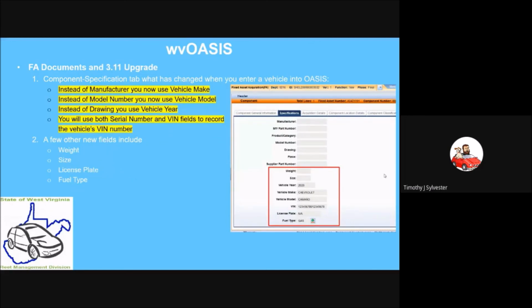Okay. With the 311 upgrade, there were 4 new important fields that were added. And we ask now when you enter a vehicle into OASIS, instead of using the manufacturer, you use vehicle make. Instead of using model number, you use vehicle model. In the past, we were using drawing for vehicle year. Well, now there's actually a place for vehicle year. And then, like I stated earlier, we ask that you put the VIN number in both the serial number field and the VIN field,